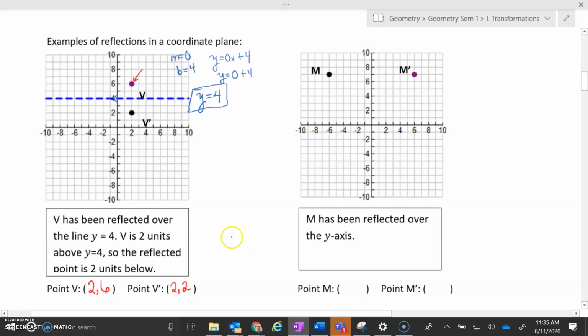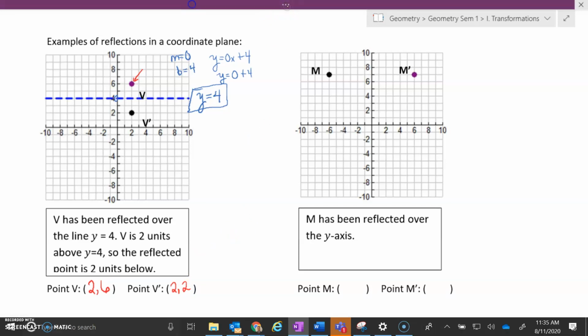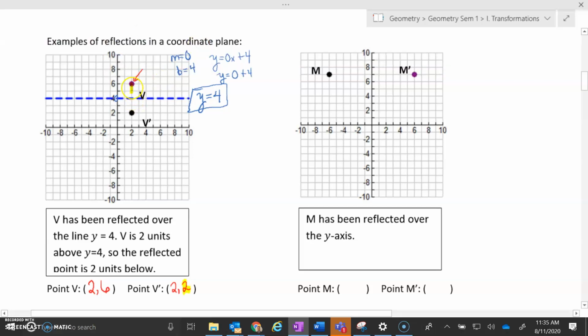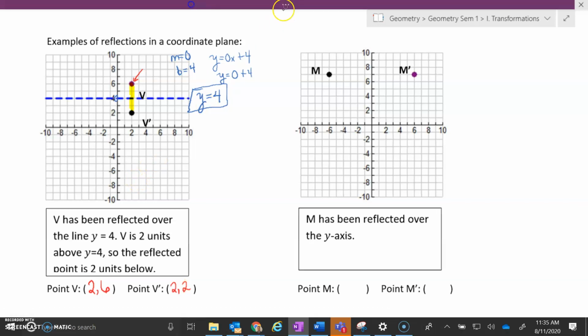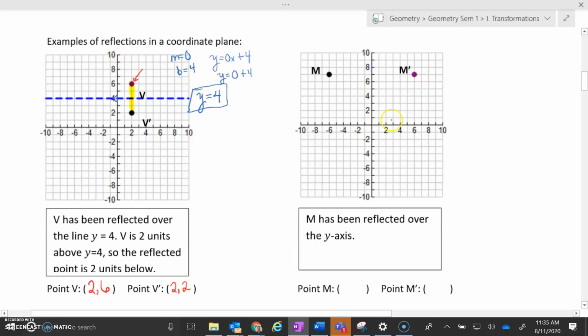Okay, so let's take a look at what happened. Well, we see that this was 2 points above that dashed line, so we just need to go 2 points below it. All right, so that's a reflection. On the next problem, it doesn't actually give us the line of symmetry,